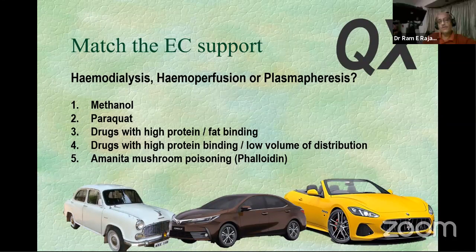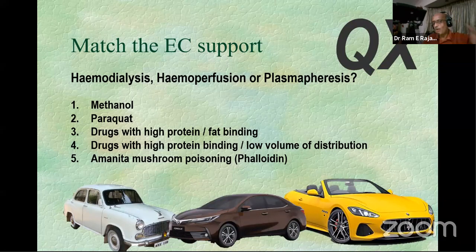The third one I put in because there are certain substances that can be bound very significantly and will have a very low volume of distribution that you can probably get them out through the pheresis. The reason is the volume of distribution will usually be, say, into the fat or into the tissues.